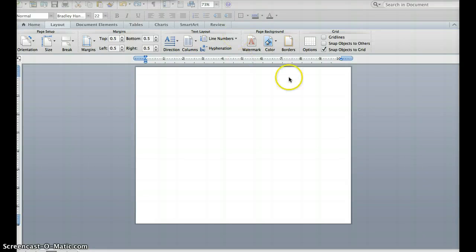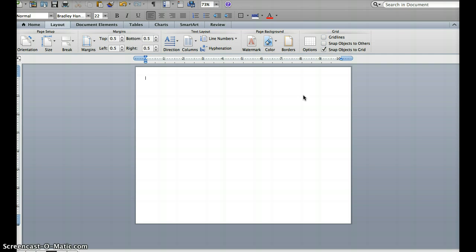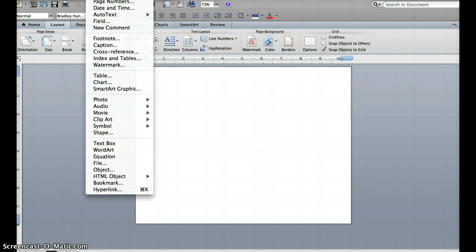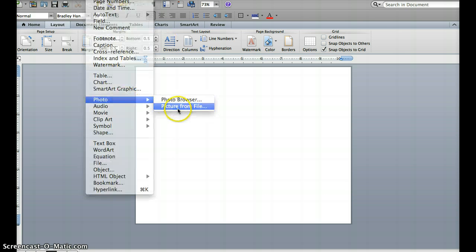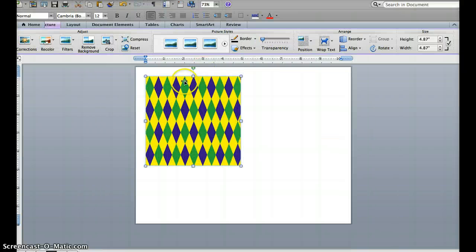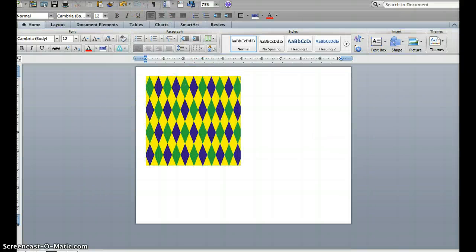Hello all, welcome back. Today we're going to be learning how to work with images in Microsoft Word. I know that's a topic that most of us feel like we're probably familiar with, but I've actually seen a few, I don't want to call them errors, but ways or methods that are less than effective, we'll put it politely. So one of the things I've seen a lot with students, with adults, is that when wanting to work with images, we have a tendency to insert one,